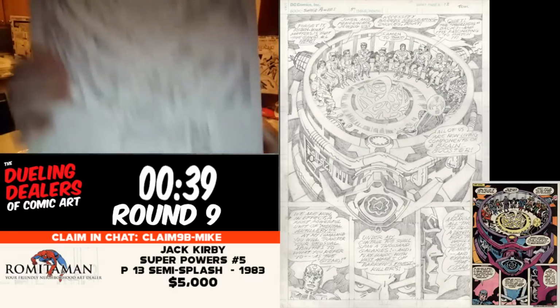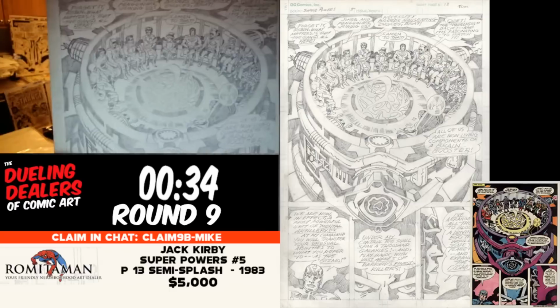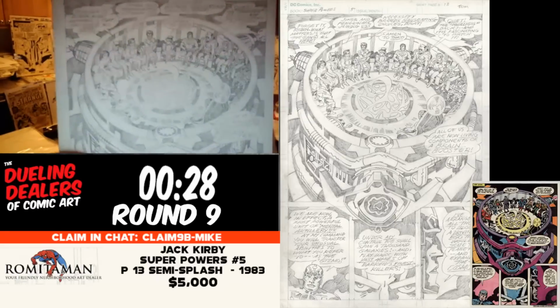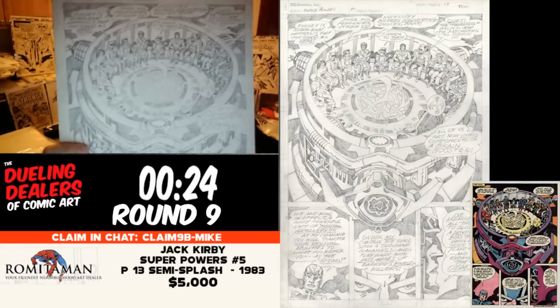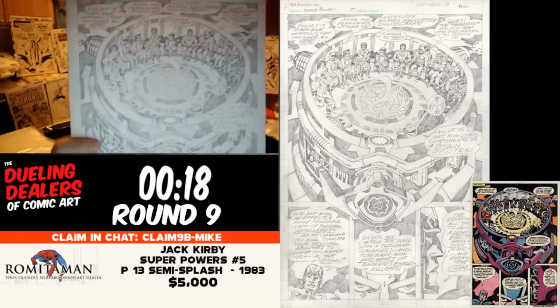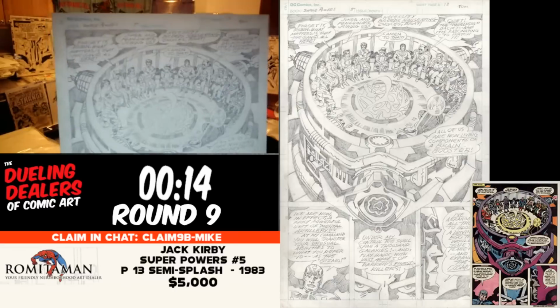Check this out. From the published page, Superpowers number 5 from 1983. We had 11 heroes on the last one. This one, we have 13 heroes and villains, all drawn by Jack Kirby, because Greg Theakston lightboxed it on another board for the inks. All pure, untouched, published Jack Kirby pencils from 1983,